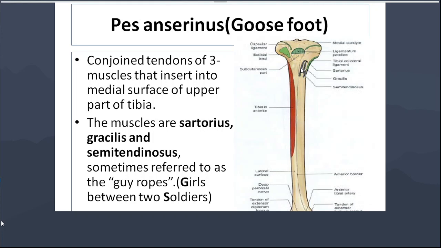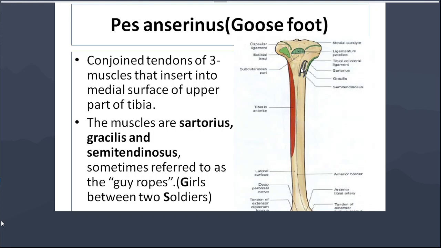Now you can see the second perforating artery. This second perforating artery is present in front of the adductor brevis, running in front of the adductor brevis. Now what about the third perforating artery? It runs just below the adductor brevis. You can take one reference point, that is the adductor brevis. The first perforating artery is above the adductor brevis, the third is below it, and the second, as I told, is in front of the adductor brevis.